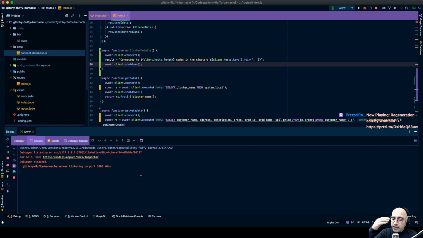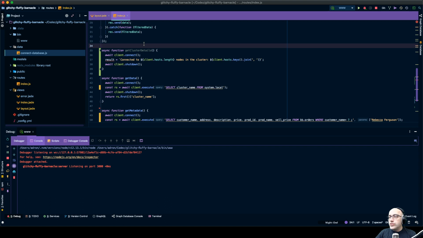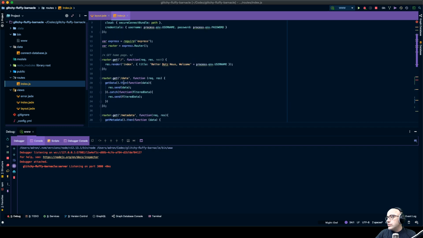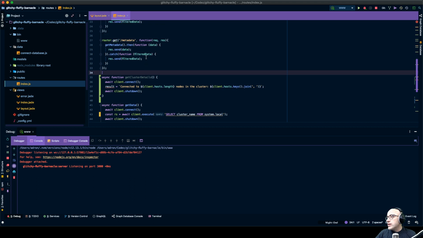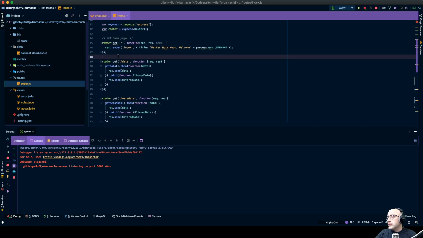I keep thinking like console, but I don't really want to write console. I can't write console because I want the results to show up in the page that's being rendered server side by the template, the Jinja template, or just being fed back out via the route, right? Which is up here. Get data, metadata, and so on. So then get cluster details. Let's have one for